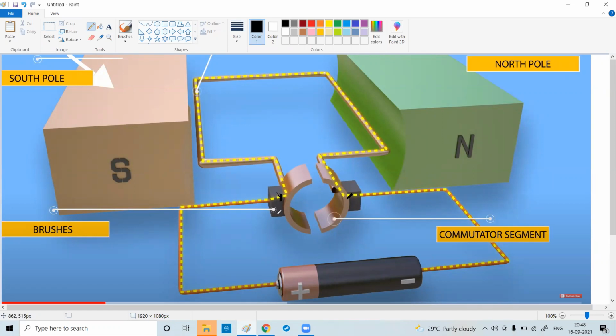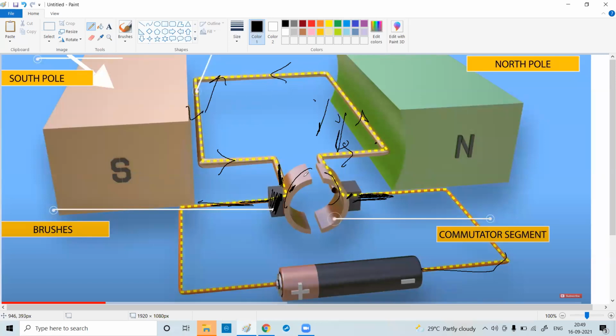Understood? But this wire is connected to the carbon brushes, and the carbon brushes create a contact between this wire and this part. So this wire is fixed. Because of this commutator, the current is always flowing in this direction, continuously: this side downward, this side upward. After it goes to the other side, again downward, upward.